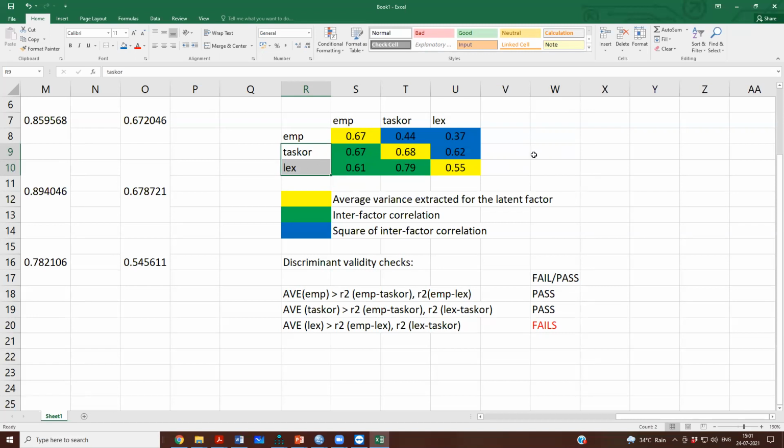However, in this case, in our example, we are now going to model a second order latent factor having the three first order factors, EMP, task orientation, and